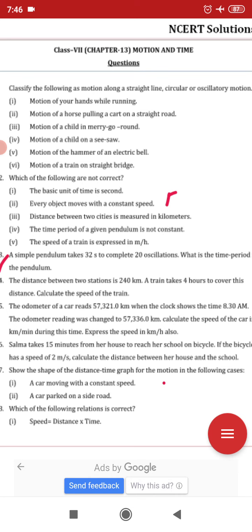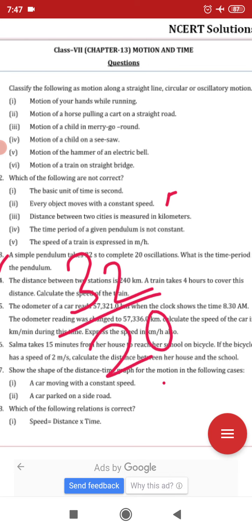Now you need to find out the time period of the pendulum. That means you need to find out the time of one oscillation. So just divide 32 by 20. That means time by the number of oscillations. Okay, so the time is 32, and 20 is the number of oscillations. So here your answer would be